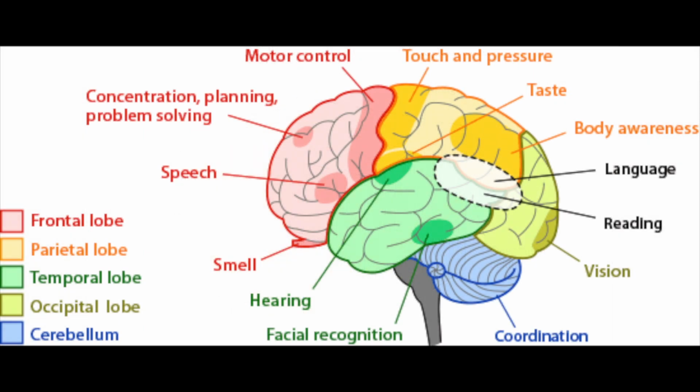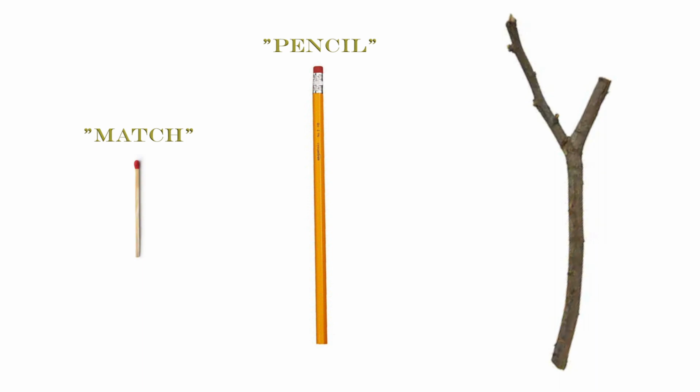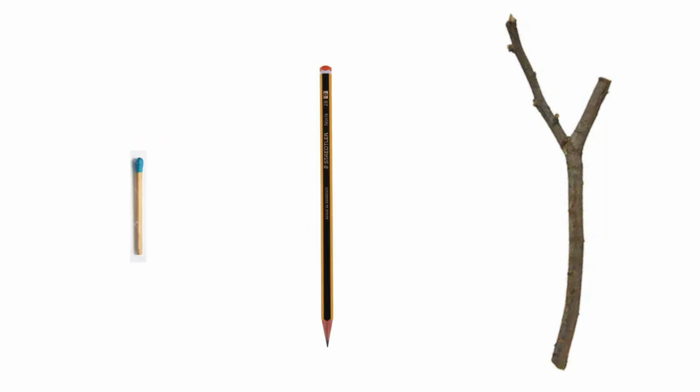The human brain can also have a part of the brain that collects sounds in the same way. And when you are growing up, your caretakers give you the sound and the image together, which strengthens the connection between things of a perceived length and its name. If you gave an infant a match, a pencil, and a stick, you could teach them that the match is called match, and that the pencil is called pencil, and that the stick is called Jim. And when you ask the infant for Jim, they can find it. If you were to replace the stick for a different stick, the infant would not be able to find Jim, because Jim is a particular stick. This is true for the pencil and the match too, as they are just names to the infant.